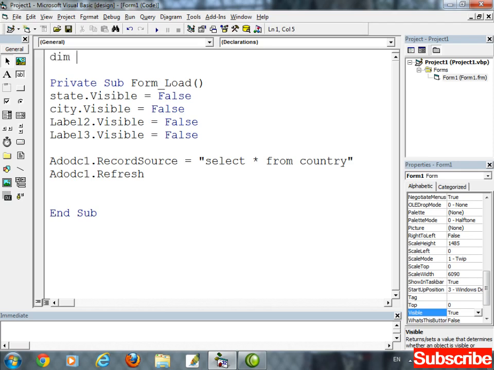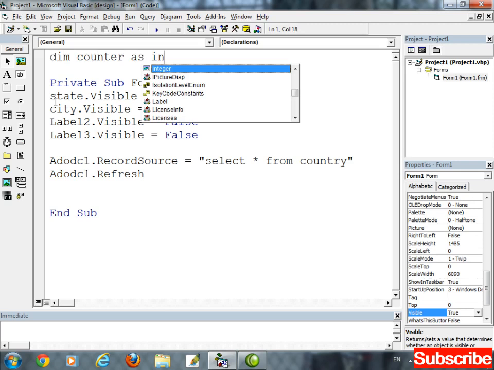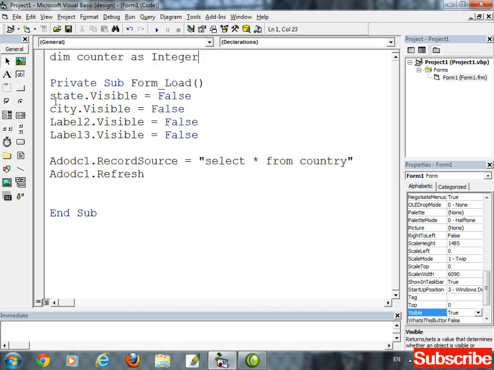So dim counter as integer. Counter is the name of the variable, and integer is the data type, meaning a numeric value will be saved inside the counter variable. So just write here: for counter equal to 1 to the end of record. Start from the first record to the end of record.